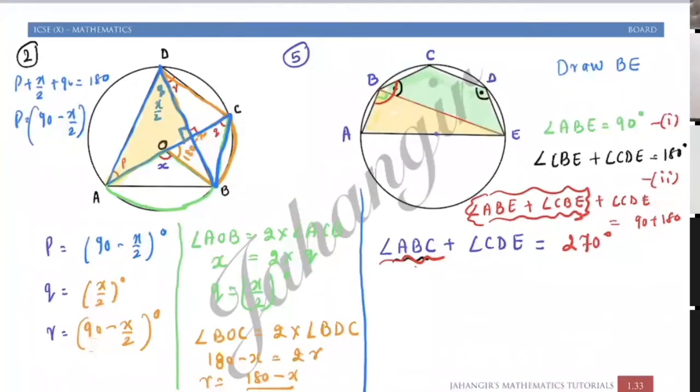For example, should both sides be the diameter, or only one side? Diameter is only one single line, AE. Where did the side come from? Which side are you talking about? Diameter is a single line which passes through the center. Any line which passes through the center is termed as diameter.